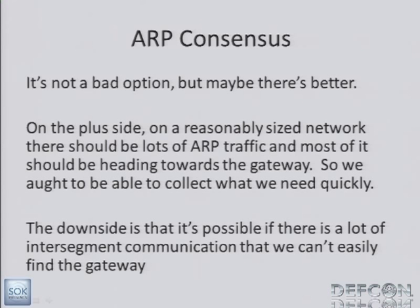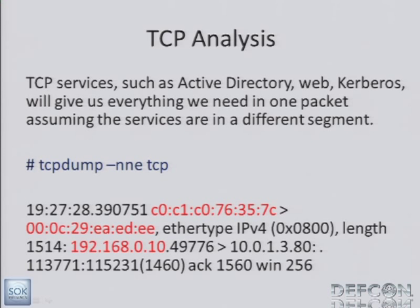So it works. I've implemented it. It seems to be the fastest way, especially given the fact that local networks will ARP out fairly frequently, every 15-45 seconds for modern Windows OSs. So you can typically get it up and going fairly quickly in a matter of a couple minutes of just sitting and watching. But I think TCP is actually the way to go, because you can get everything in one